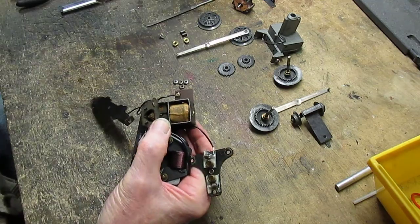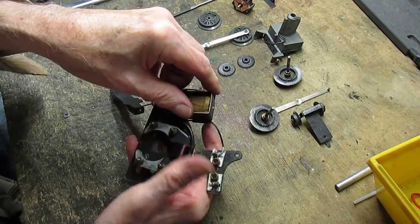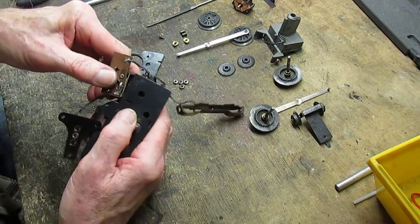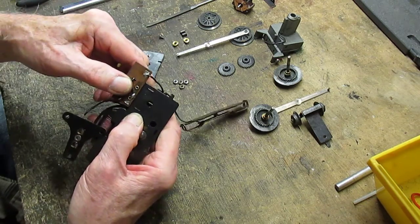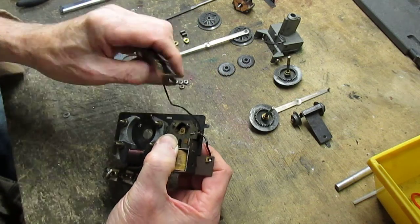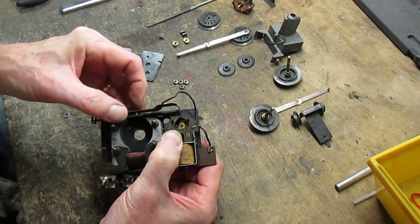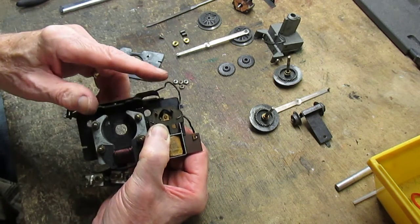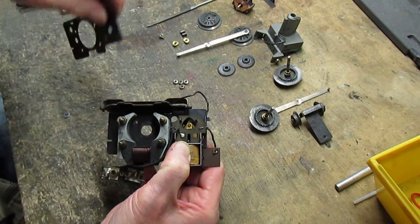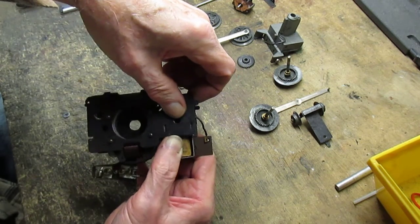Now this is the first part of the assembly. Everything has to fit together before we put the top plate on. So we make sure the E unit goes in these two slots. Turn it over. Make sure the pickup assembly is in its two slots. Normally it doesn't like to stay there. This is no exception. Okay, now we put the top plate on